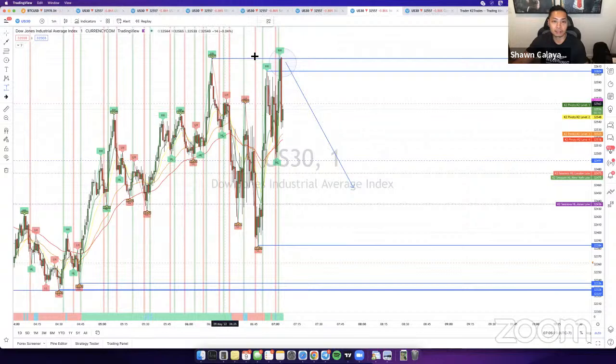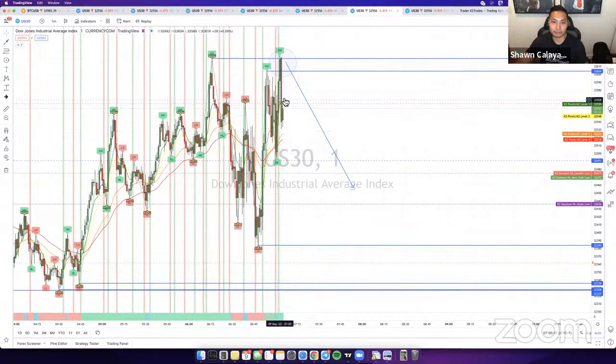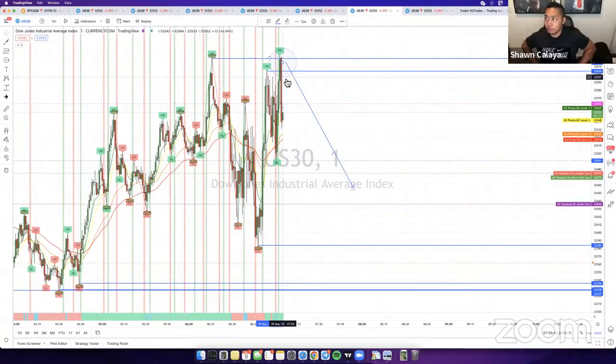Let's see. Yeah, it's almost 1,000 pips. So if you were chasing that buy there, your burn meter is super heavy because it's a lot of pips. If you took a huge lot size, that's a lot for you to be getting burnt. So although we could have made profit off that, I'm not taking any gambles here.